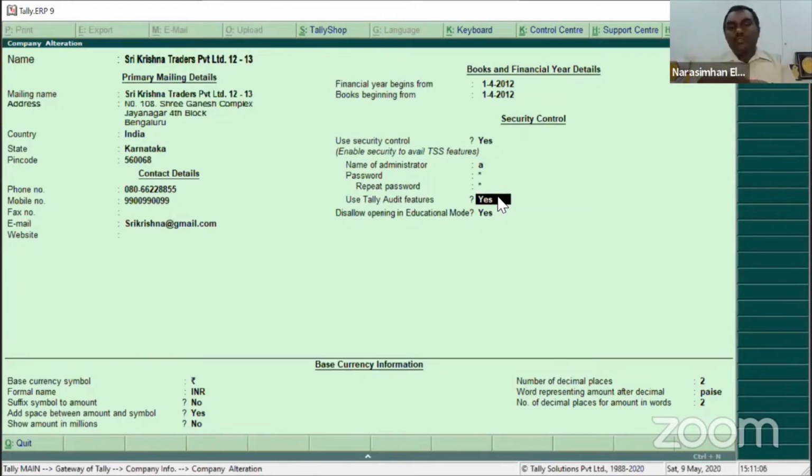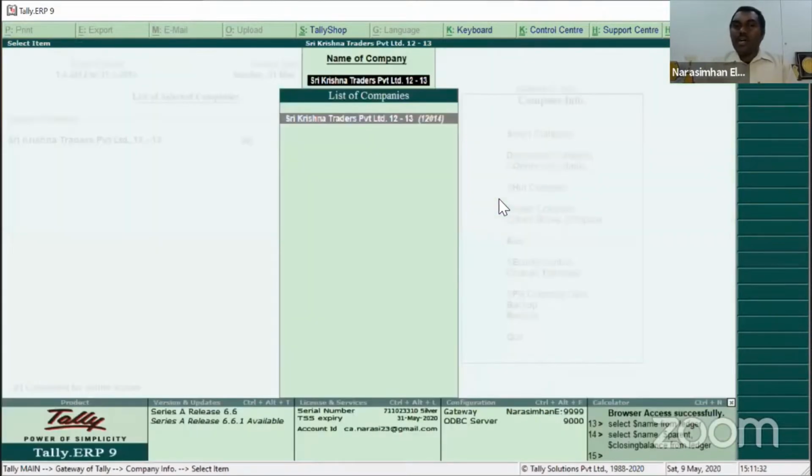I'm not sure if you have read in some principles of IS audit or IT audit. There is a concept which I would have made a mention of, which is popularly known, not only by me, anybody would have mentioned it. There is something called an embedded audit module. To a limited extent, I would not say it's a very high level audit module, but to a large extent, this is a wonderful feature. So that is called Tally audit features. The moment you enable yes for this and just give an acceptance, you are done.